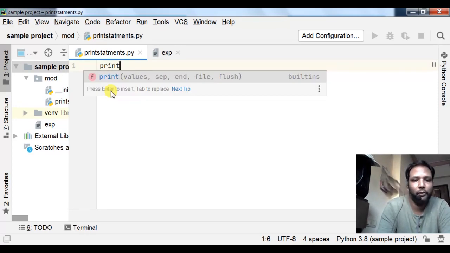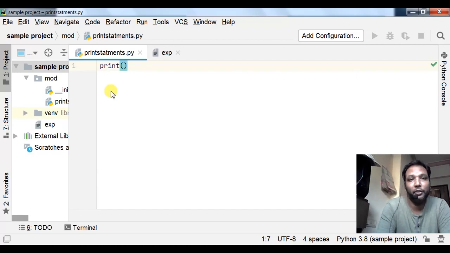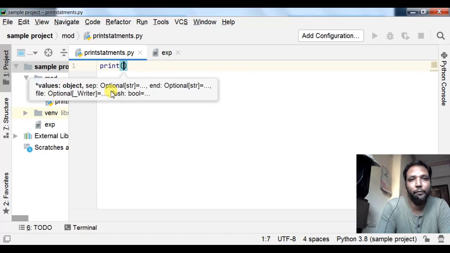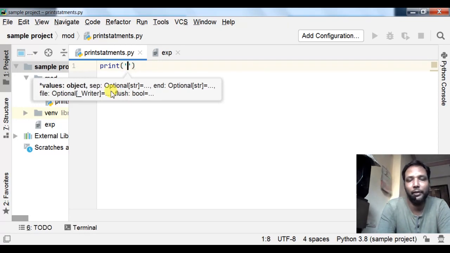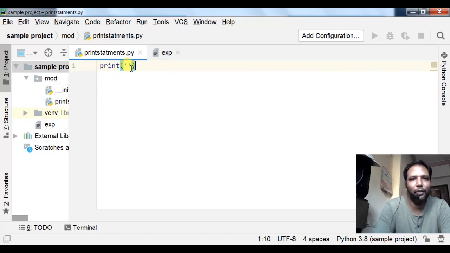So print with a string argument. I have to give the string in double quotes or single quotes. I am using single quotes, which is prescribed by the Python developers. Double quotes you can also use; if you are coming from a Java background, you will be habituated to double quotes, but single quotes are prescribed.